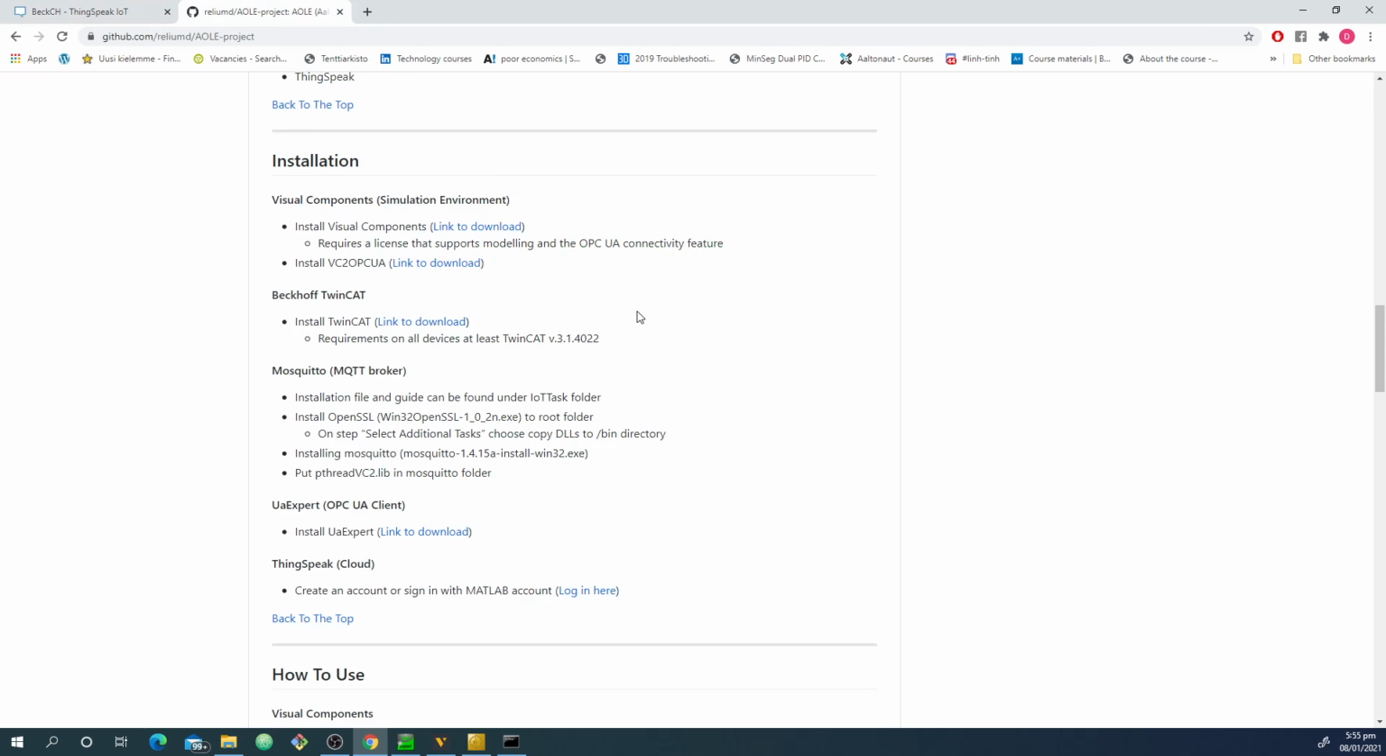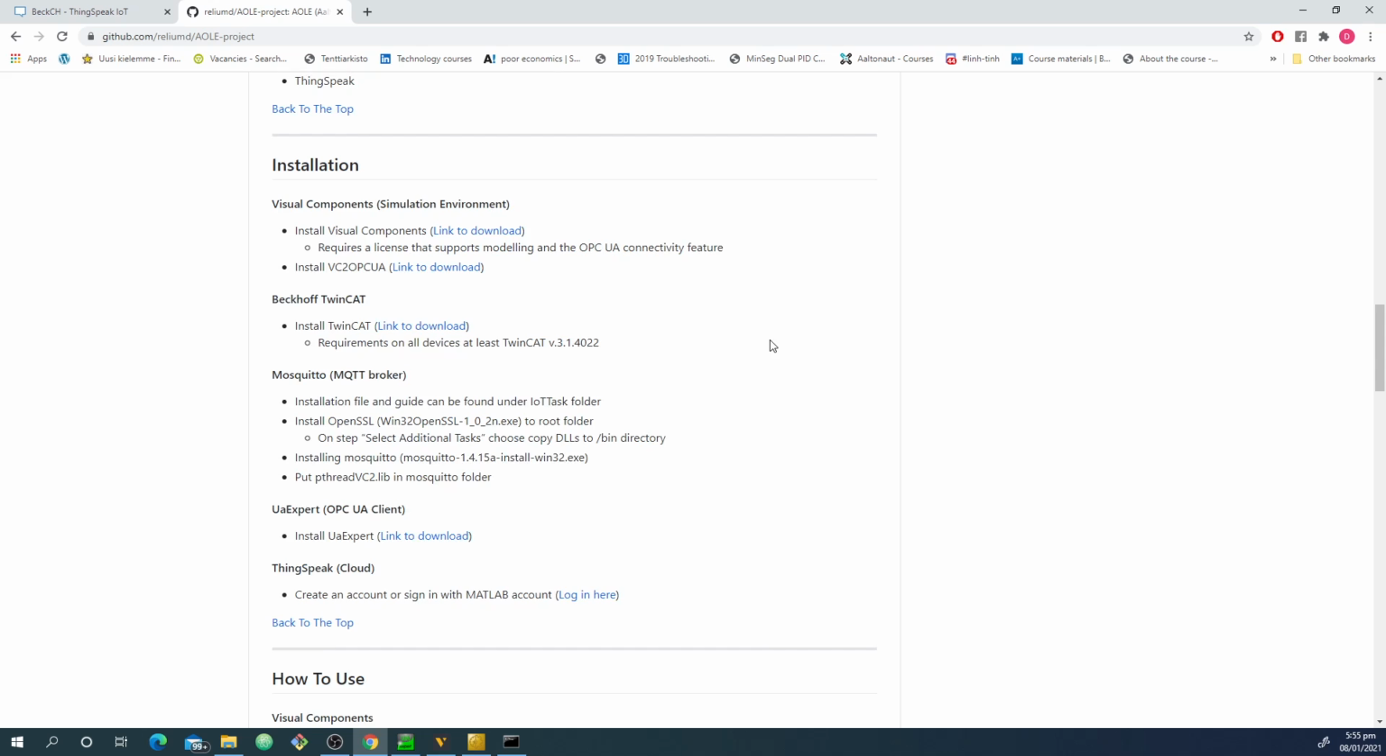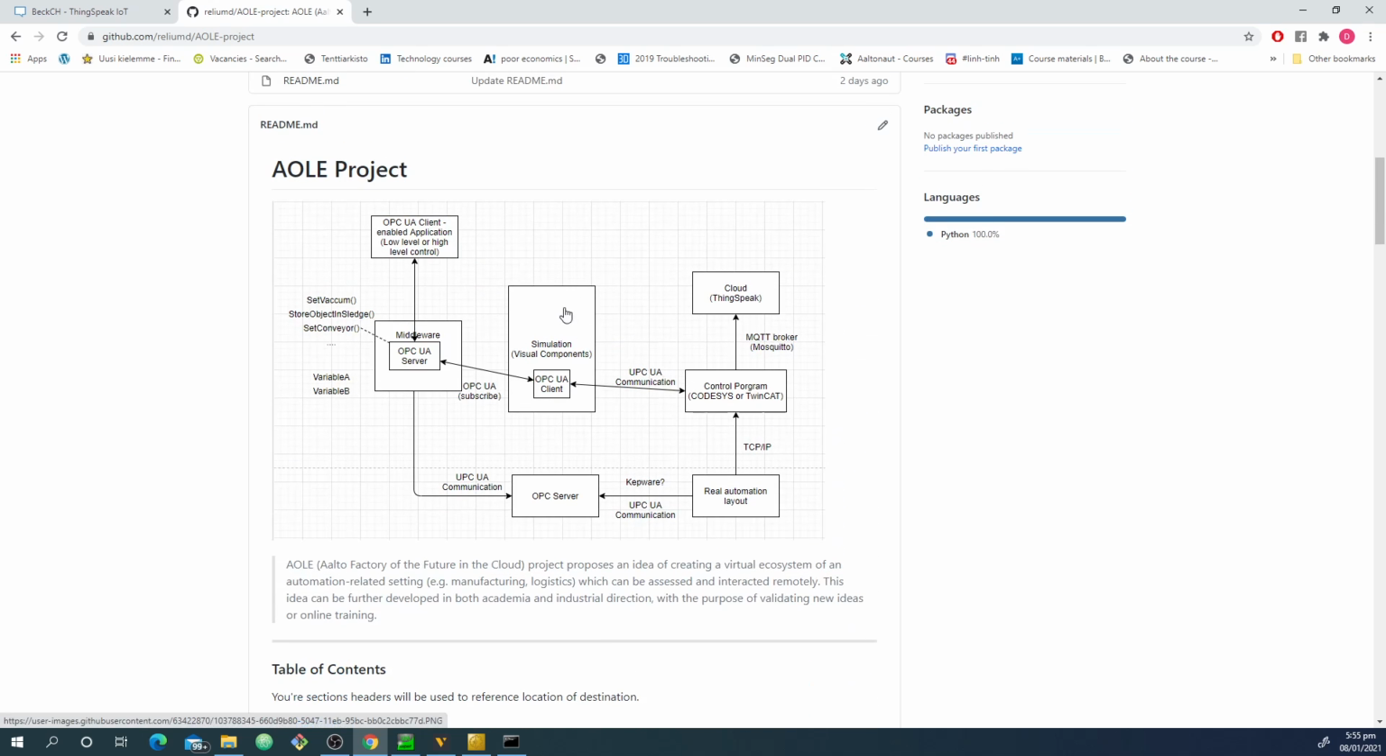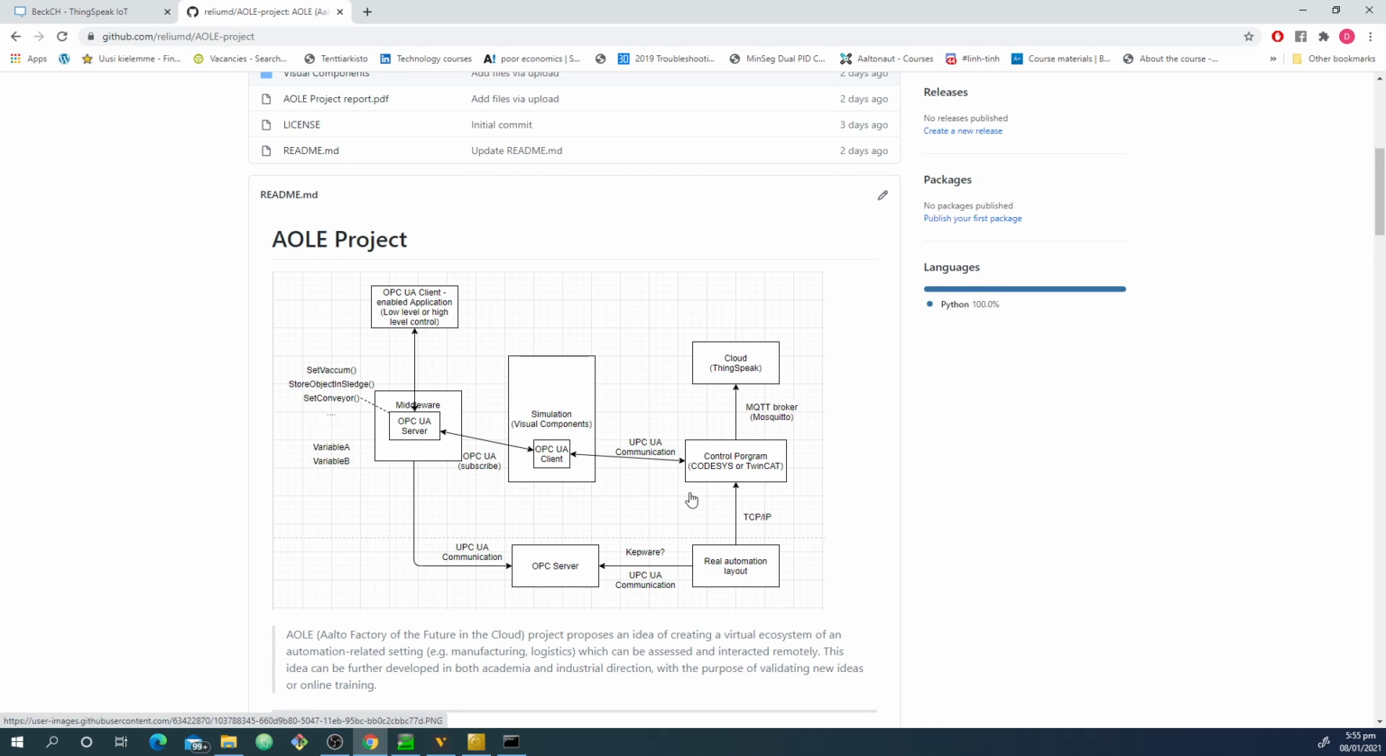I have just walked you through how it should work in this project, but you will still have to do the installation yourself. So for this project, I will talk to you a bit about the architecture over here. The purpose of this project is to try to remotely control automation-related settings, for example, manufacturing or logistics, and